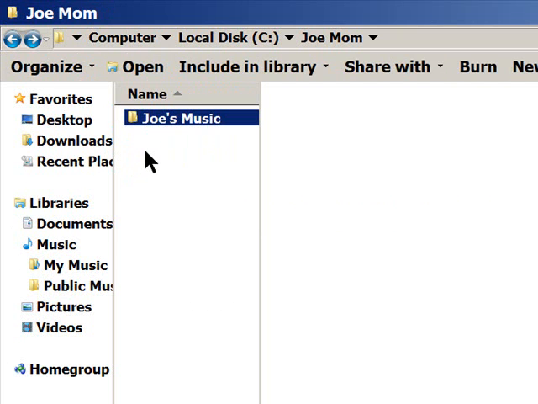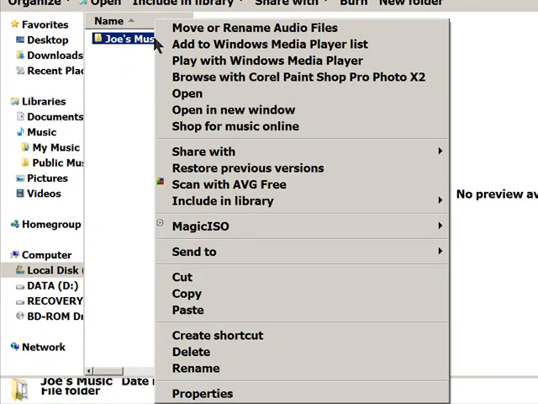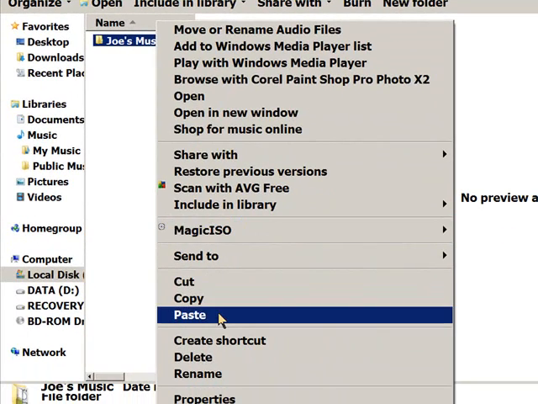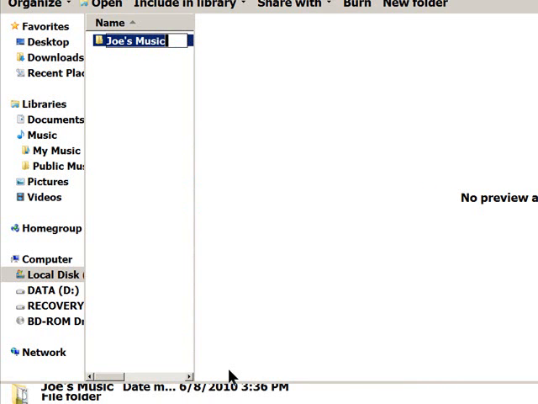So maybe you want to rename it, because you don't want to call it Joe's music. Maybe you want to call it Joe Mom's music. And if you're going to call it Joe Mom's music, you're going to have to rename the folder, which is a simple thing to do. Only thing you got to do is right-click on the folder there, bring up the little menu of options, and then you can just go right down to Rename, and just click on that,